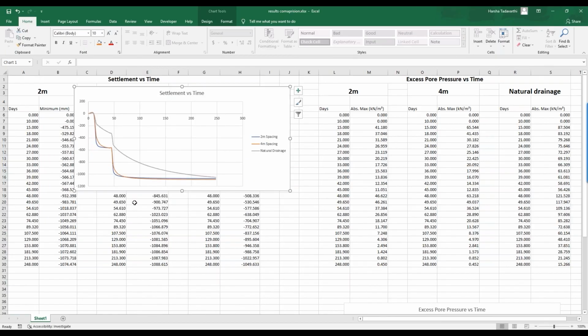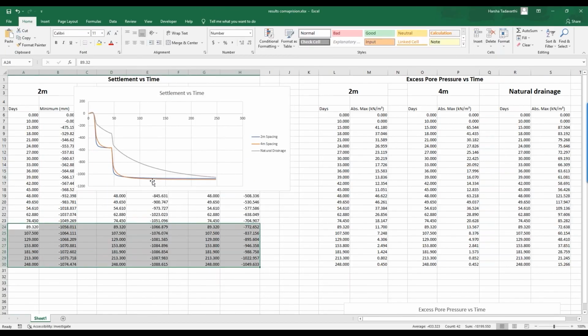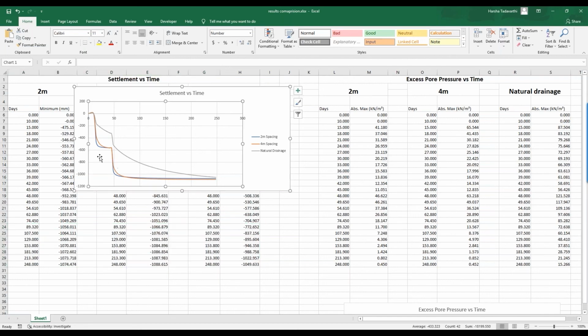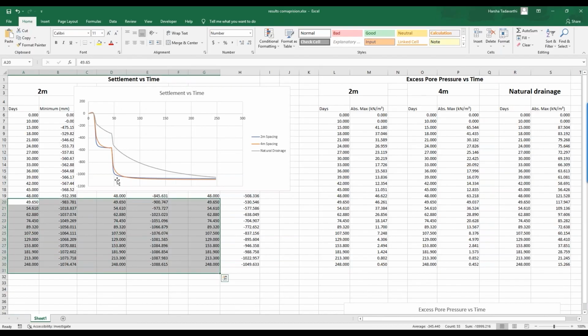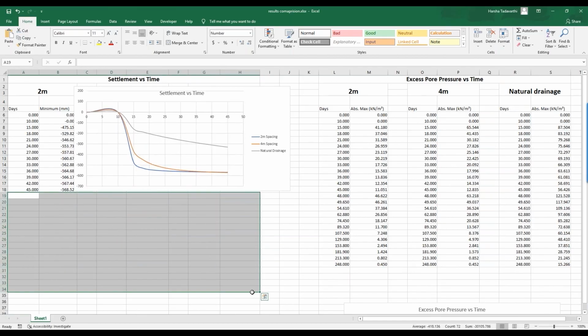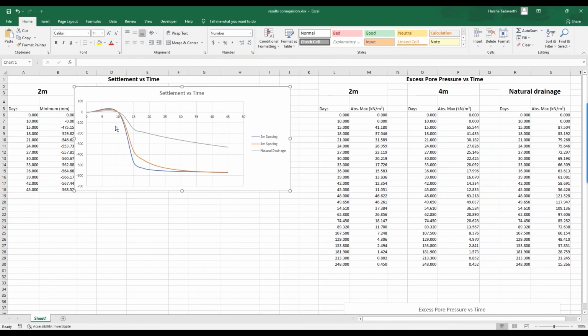And now let's further understand the behavior. It seems almost very close. So I want to reduce this comparison to just around 45 days only. So I'm going to delete the results. So this is how it looks. Here we have,